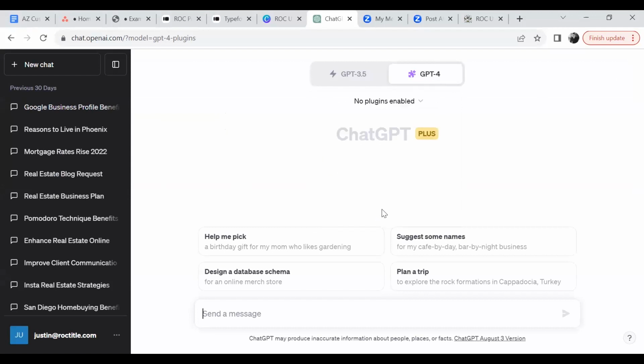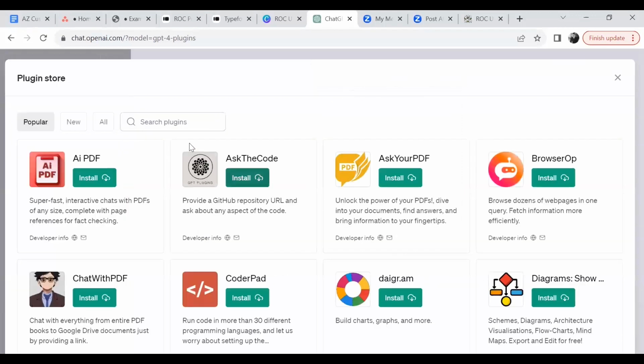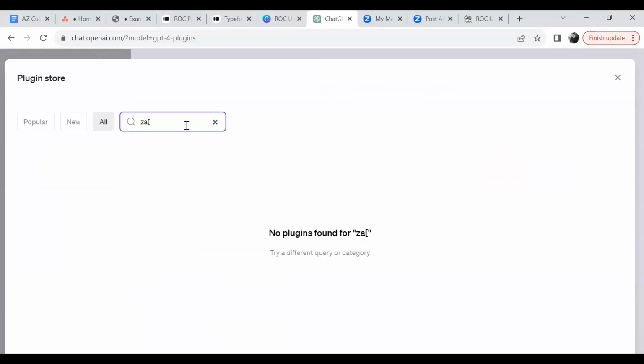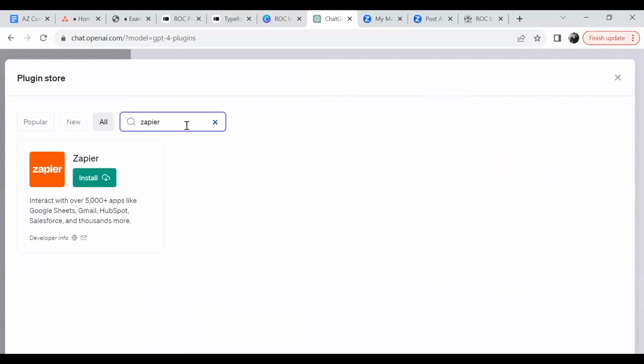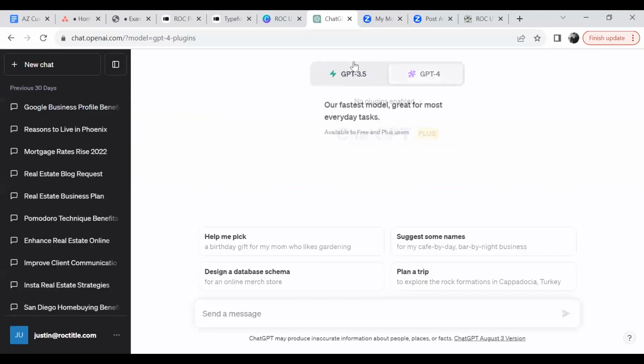Other things that you can include in the plugins, I think most of us or a lot of us have heard of Zapier. Zapier is a technology platform that allows you to connect multiple platforms together to communicate. So if I wanted GPT to send out an email for me, I can maybe connect it to my CRM or social media or anything like that and be able to do those automations in there. But we are going to start